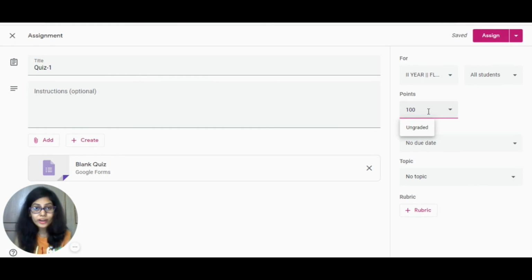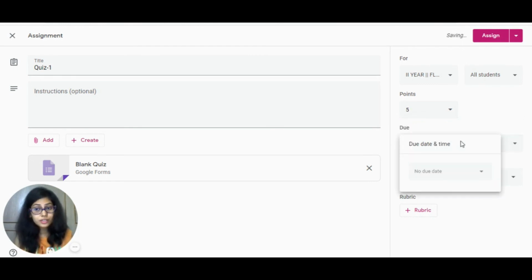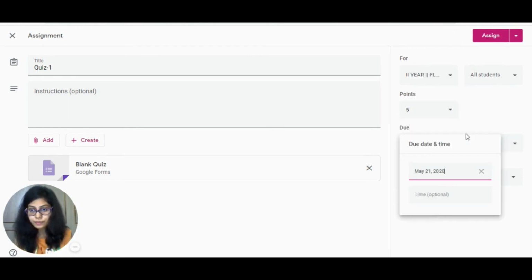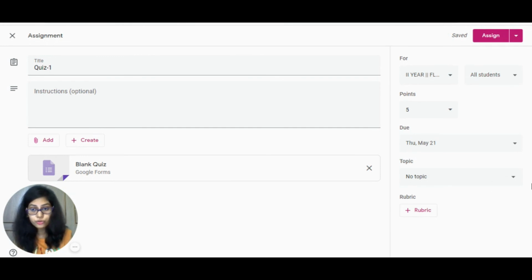And how many points you would like to grade the students. So you can give the grade points to the students. I would like to give the same points as I have mentioned in the quiz, so 5 points I'm giving. Give the due date; time is optional, you can choose for it.